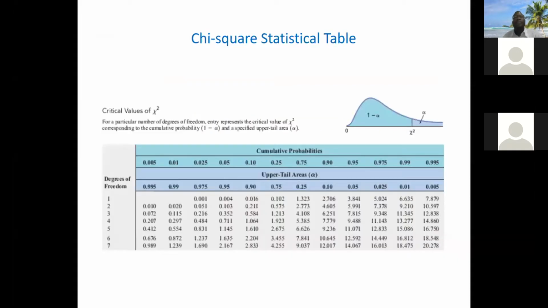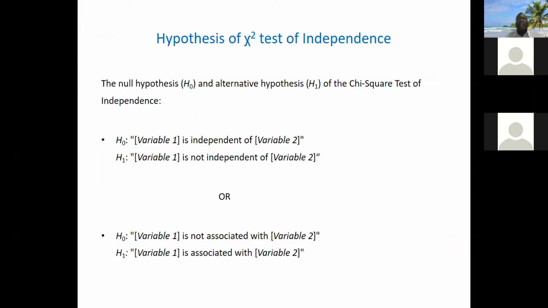Now, let's quickly look at how you use the test of independence, the one we use. As you are going, you go to it, you click more. Test of independence. That is this Pearson chi-square. How do you use it? You know that it's hypothesis testing. So in hypothesis testing, your null hypothesis and your alternative, I have already said it before. You either say that